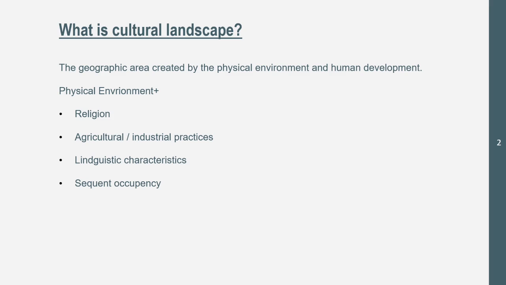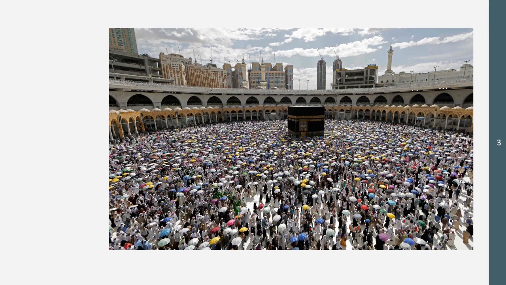So let's examine 3 cultural landscapes. So here's the first one. I'm going to put the place up in just a second, but I want you to take some time to analyze the area. What do you think we're in? What type of country are you in? What type of people are here? What creates this cultural landscape? So I'm going to give you a couple seconds to think about that. Pause the video if you need more time.